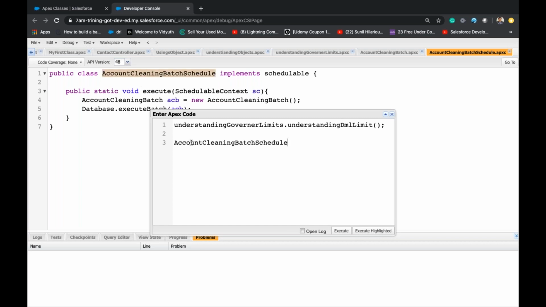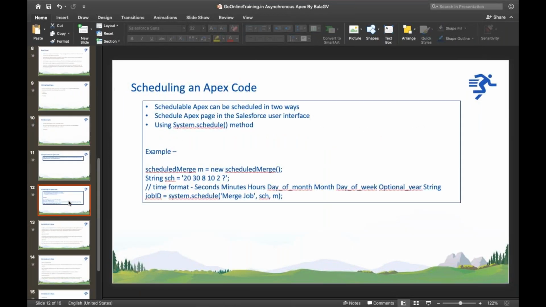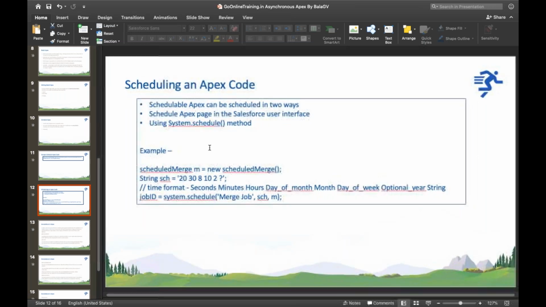Just create an instance of this class name, ACPS is equal to... So Schedule Apex can be scheduled in two ways: the Schedule Apex page in the Salesforce user interface, which I showed, or using the System.schedule method.